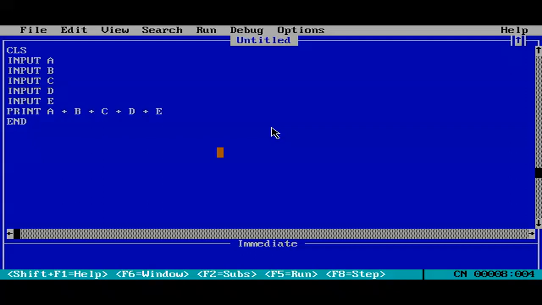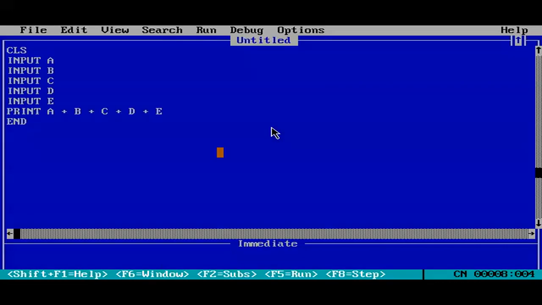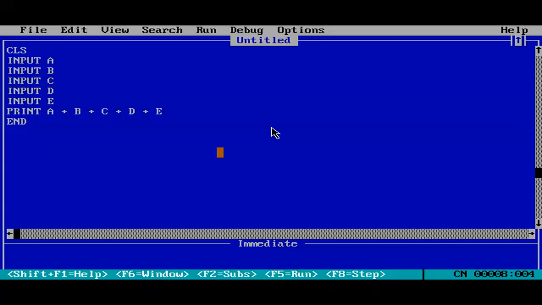Again, I can press F5 and add other values, 1, 1, 1, 1, 1, and you get 5. If I assign another set, say 23, 10, 24, 10, 25, then you get 92. And it'll go on like this.